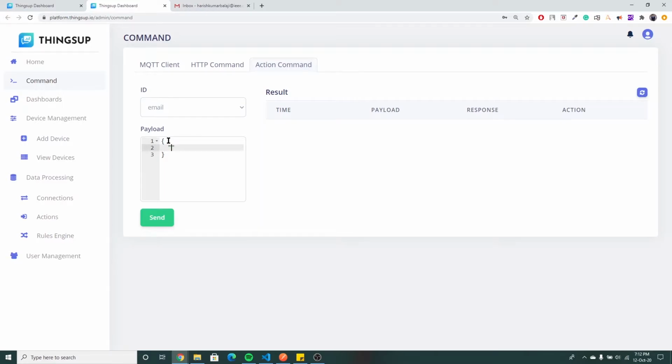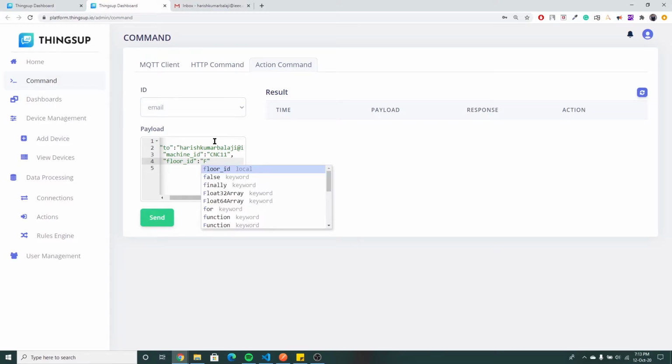That is, we need to specify the to address. Here I am specifying my email ID. Then you need to specify the machine ID, I'm giving it as CNC11, then the corresponding floor ID, and the corresponding vibration value.